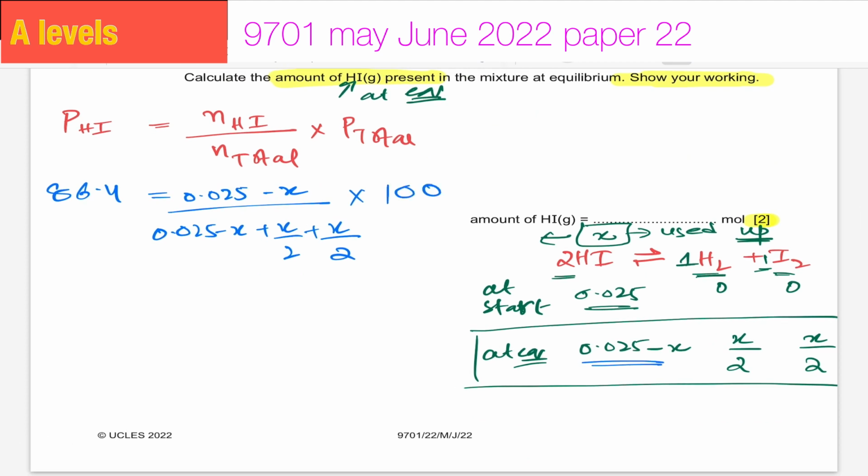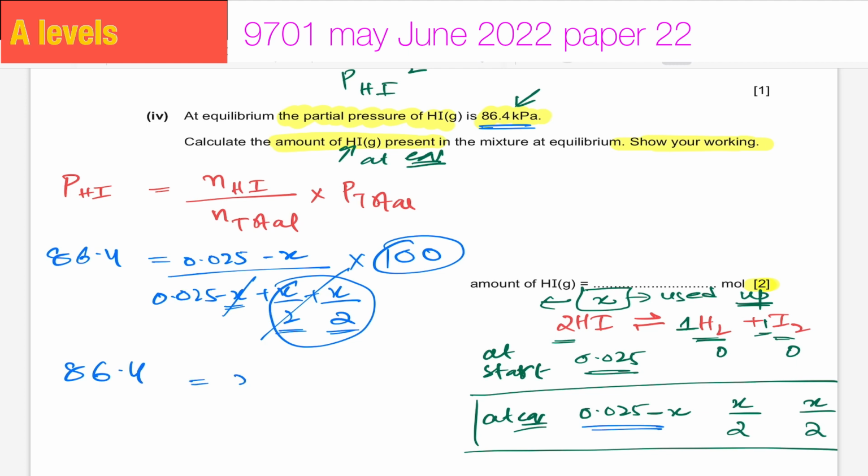Right, and let's just solve it for X. So minus X plus X upon 2 plus X upon 2, that would be cancelled out, because plus X upon 2 plus X upon 2 would be equal to X, and minus X plus X would be cancelled out. So what we are left with is